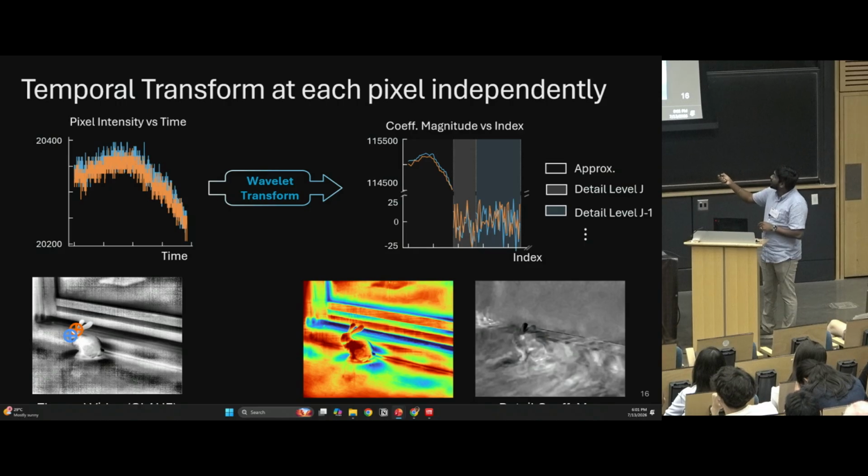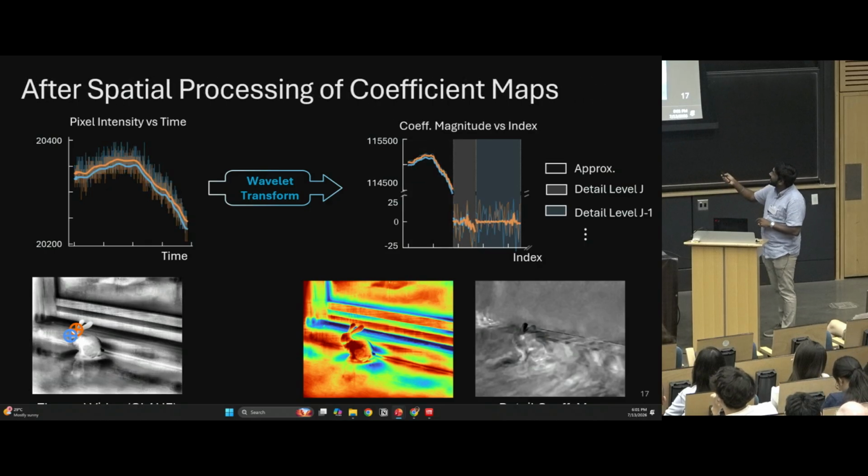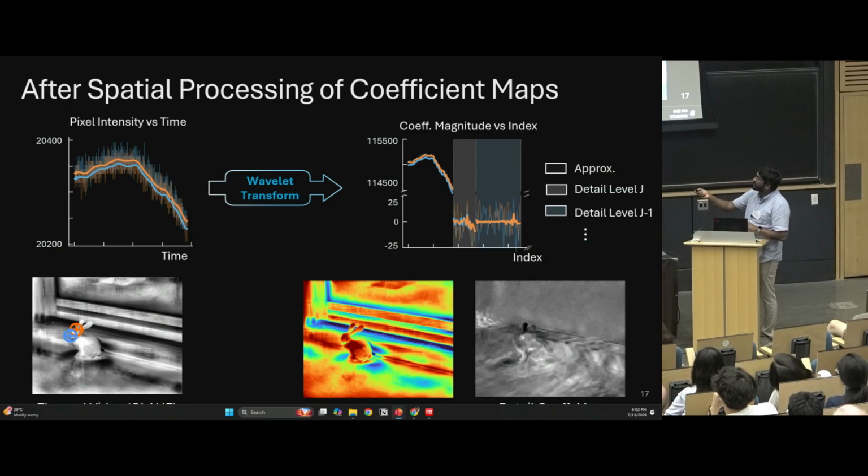And if you go back and look at the pixel plots, notice that the blue pixel is always on top of the orange pixel. But after spatial processing, the blue comes below the orange. It turns out this particular pixel had actually drifted further apart from its neighbors, and the spatial processing was able to recover it back to its correct position. And you can see the huge level of difference between the input noisy measurements and the denoised measurements.